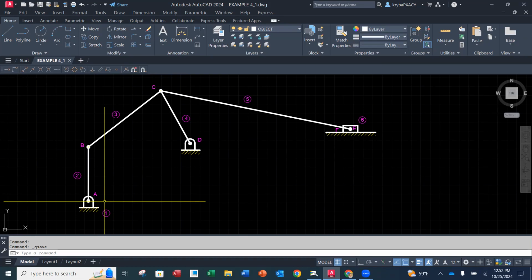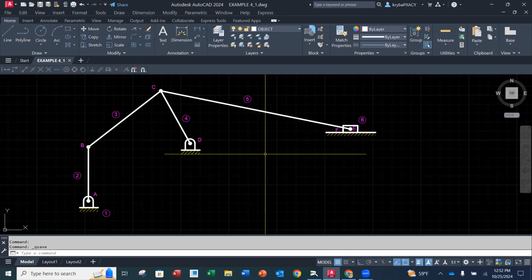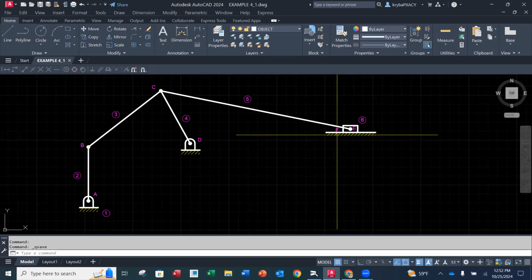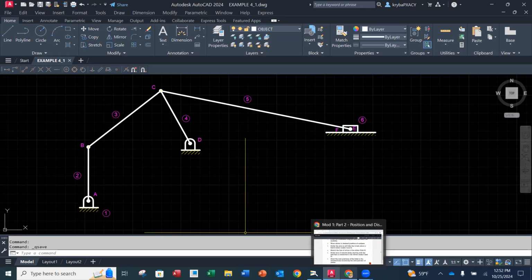All right, it's not uncommon that we find out the book is wrong sometimes, but this is correct. The number of links that we have is 1, 2, 3, 4, 5, 6. So that's going to be 3 times 6 minus 1, which is 5. 5 times 3 is 15, minus 2 times the primary joints. So 1, 2, 3, 4, 5, 6. Yes. So our F, our number of degrees of freedom, is going to be